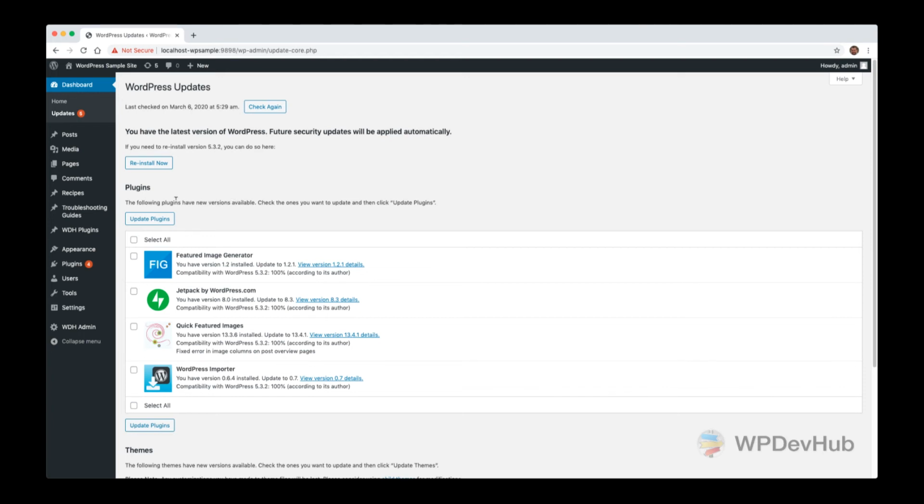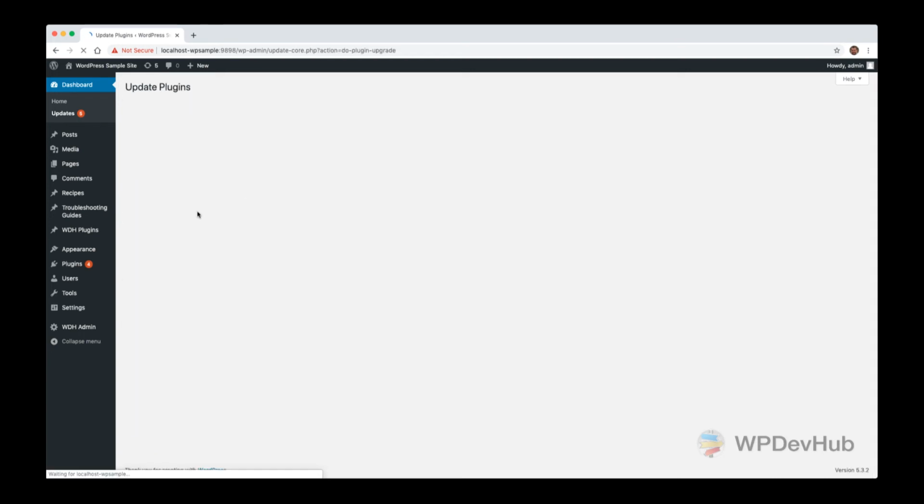Now updating plugins is super easy. We just have to select an item, hit the update button, and things will start going. Okay, so let's go ahead and select these two right here just for the heck of it. We've selected these two plugins. Go ahead and hit update, and we'll be taken to the update screen where one by one it will download